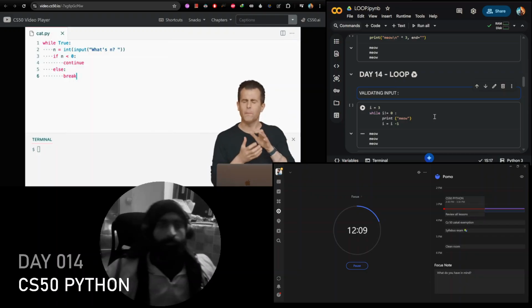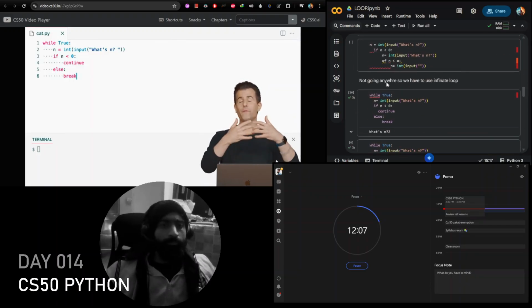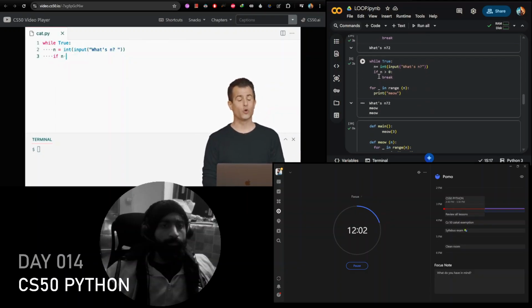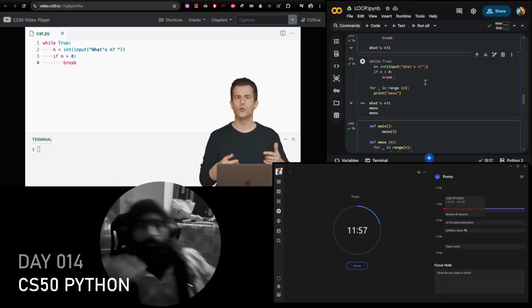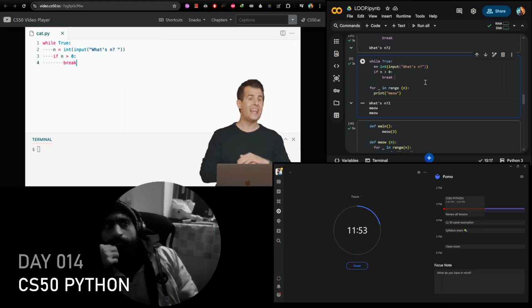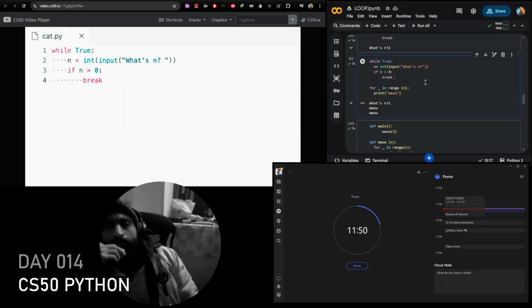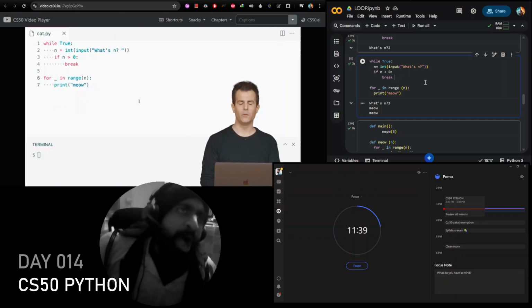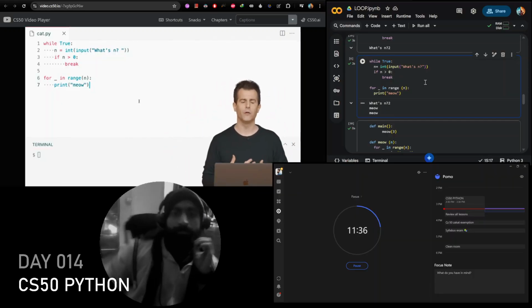But I think we can tighten it up further so as to not bother having an if and an else. Why don't we instead just say, if n is greater than 0, go ahead and break. In fact, it's not that interesting a program if we even allow the user to type in 0. So let's wait until they give us an integer that is greater than 0, and then break out of this loop. And what can I now do down here? For i in range of whatever that value n is, print meow. And honestly, I don't need i here, so let me come back to that principle from before, and let me just change it to an underscore just to be Pythonic, if you will.